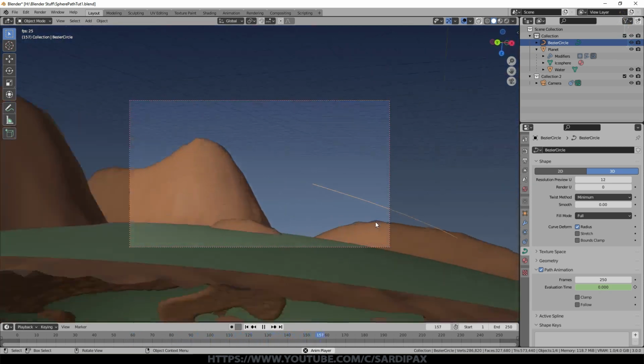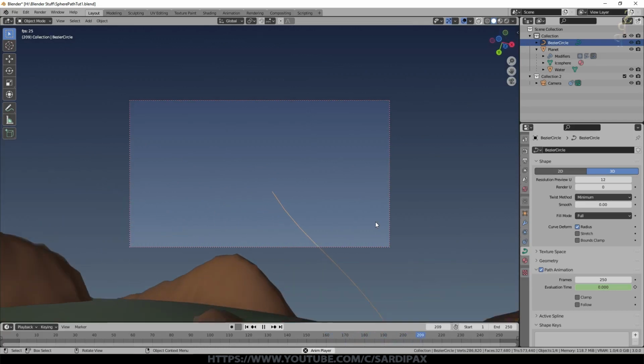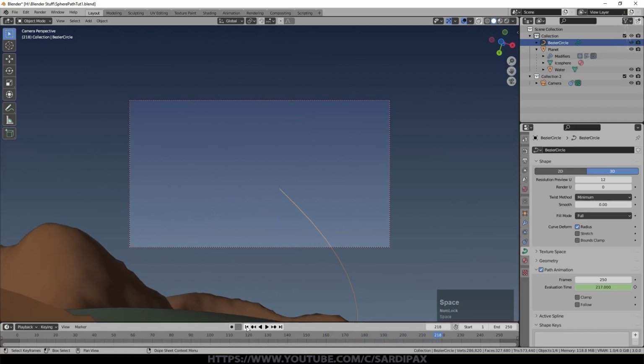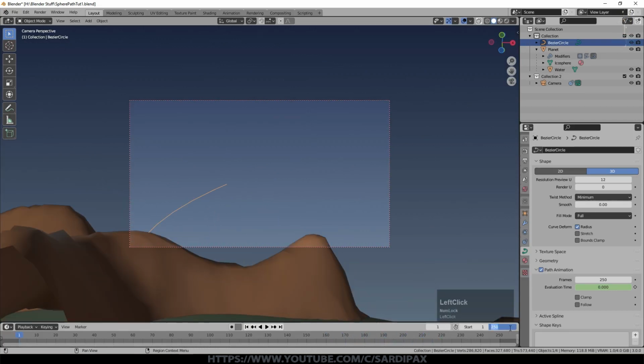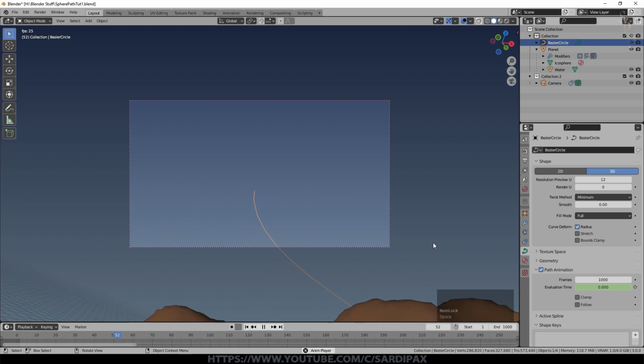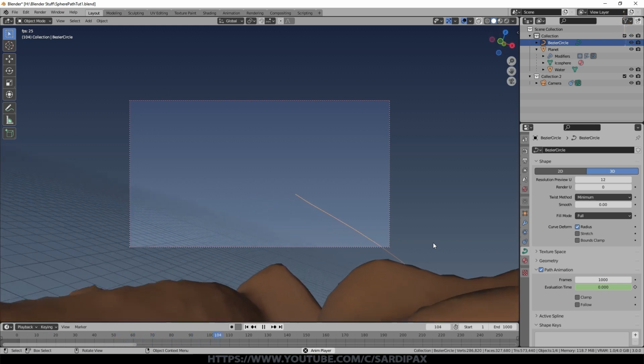That said, it's still quite fast given how close we are to the object. So I ended up with something like 1,000 frames. So I'm going to set my animation to 1,000 frames there, and I'm going to set the time it takes to complete a cycle to 1,000 frames on the curve. So it's exactly the same, except it will now be a lot more slow.